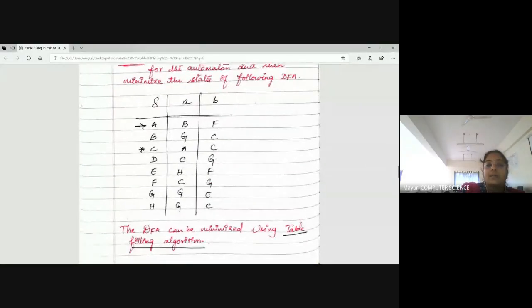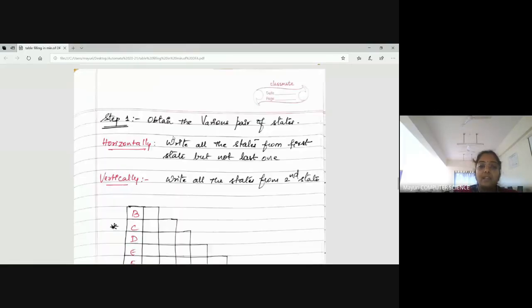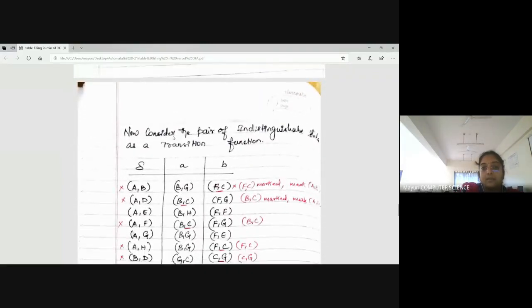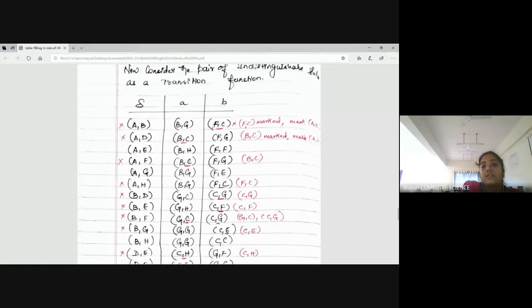You had a transition table. A on a is B. So B on a is G. So BG. Like that, I have filled everything. Just look at the very first transition table you got in the question, and based on that, you write it. A on a, B. B on a, G. Like that, A on b is F, B on small b is small c. It is going to the state C.